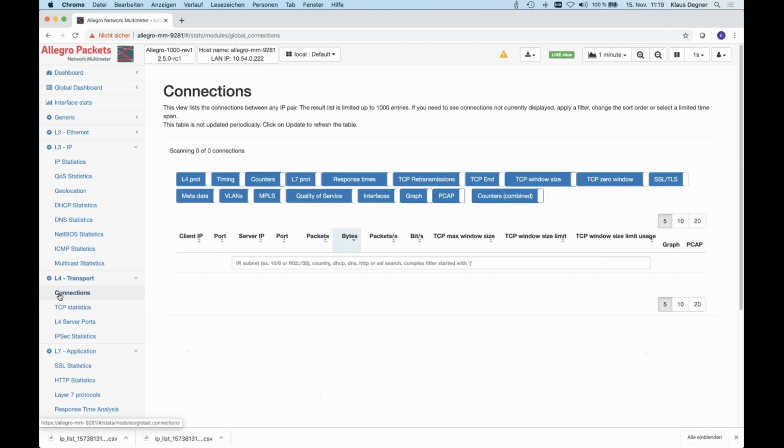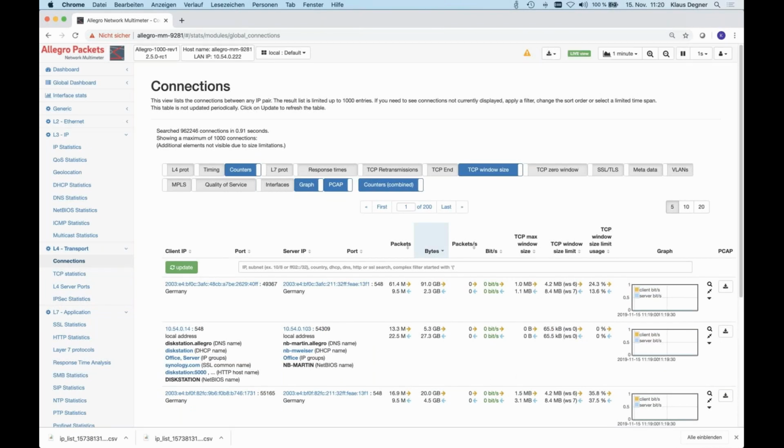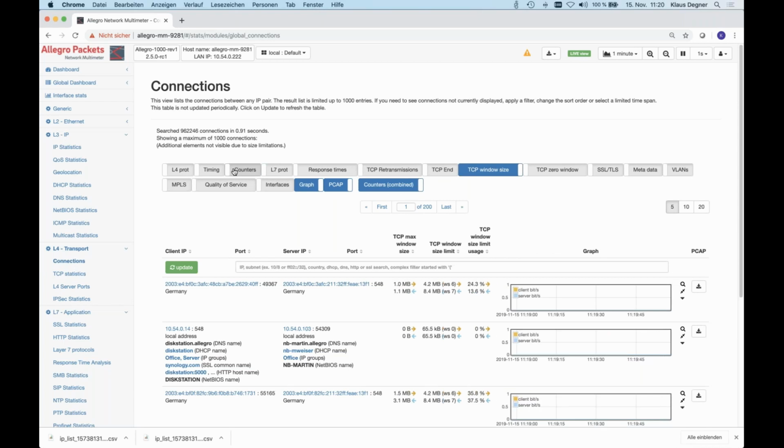Next item is the window size analytics. We added the window size analytics, which is a very simple feature. Let me disable here a few other things. So we show the theoretical window size limit of the handshake by decoding the scaling factor and adding that to every connection. Plus, we show what has been the maximum real used window size.